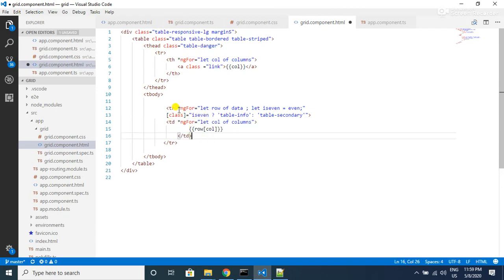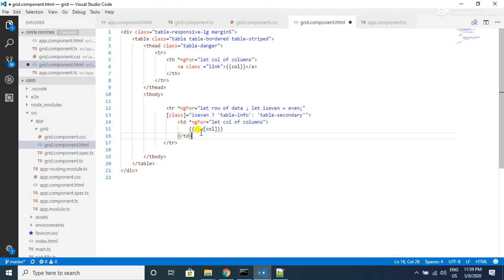Inside each tr element, I am looping through the td elements again, and here I am looping through the columns. For every row, that is for every employee object, we are again looping through these columns, and we are showing the data as row of this column name. For the first iteration, we will get the first employee object in our row, and we have the first column as name.